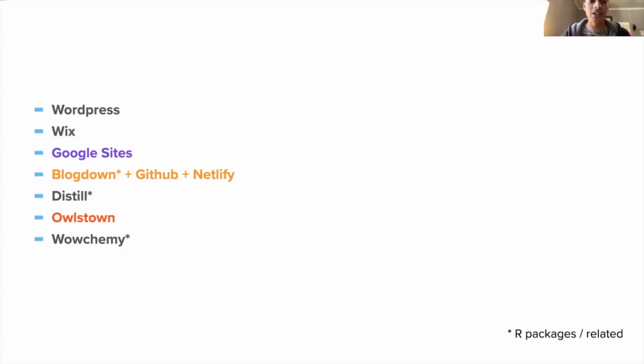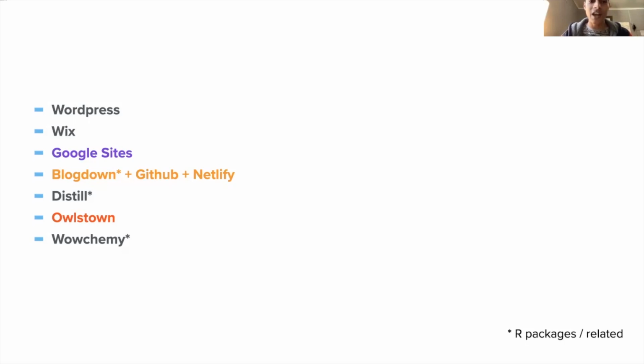The current setup that I use, Blogdown with GitHub with Netlify, is the most complicated one in the list for sure. But this is the one that I use because I like R a little too much. And Blogdown is an R package which completely hides all of the GitHub and Netlify things. One of the best resources I have found, if you want to go this route, is Alison Hill's Introduce Yourself Online workshop, where she will walk you through for about 2 hours, and by the end of the 2 hours you should have a Blogdown website.